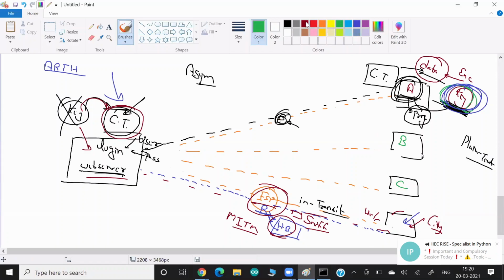Okay, but because B is a different system, they will use a different program, and their program will generate a different key for B. Let's say this key is for B, there's a key for A, there's a key for C. Everybody is going to use a different key because of security, obviously. Otherwise, if everybody used the same symmetric key, this B may be a sniffer here. B can use their key to unlock other data. So all the computers require a different key, and they will have a different key because they generate it randomly, and